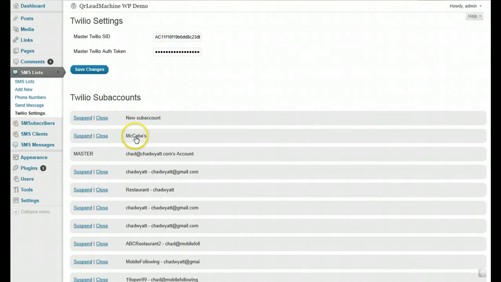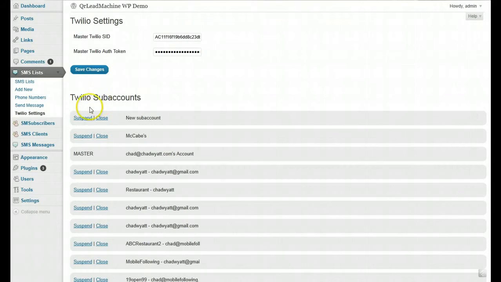So if you create a sub-account for a client, you can get new phone numbers and all that through the sub-account. You can also suspend the sub-account. So if you have a client that's not paying, or you just need to turn off for some reason, you don't want the messages going in and out, but maybe you want to keep the phone numbers, but you just don't want to get charges, or you don't want the user to be able to send out any information or